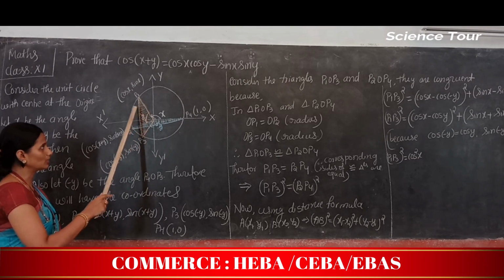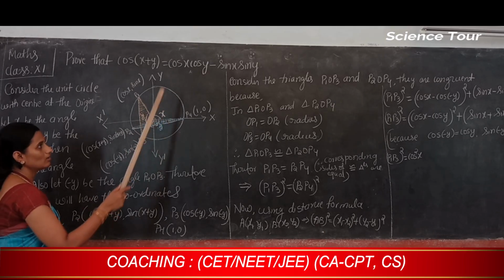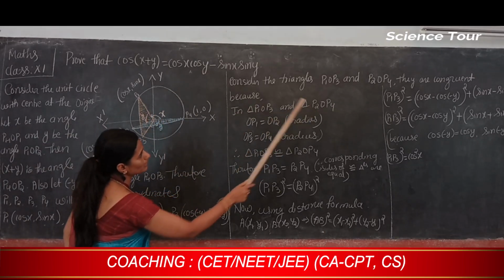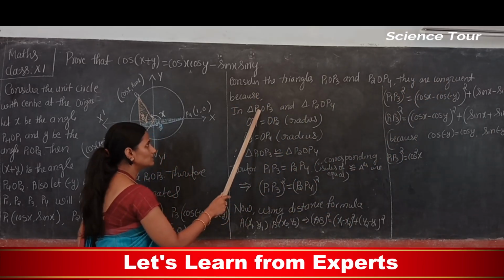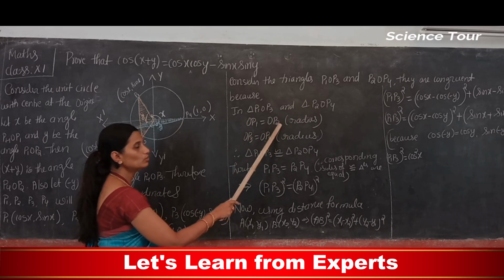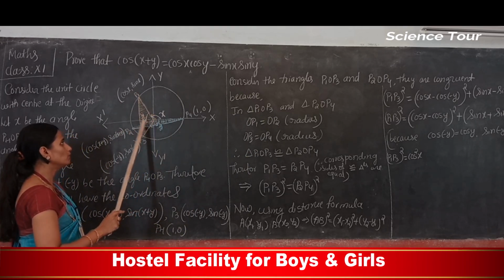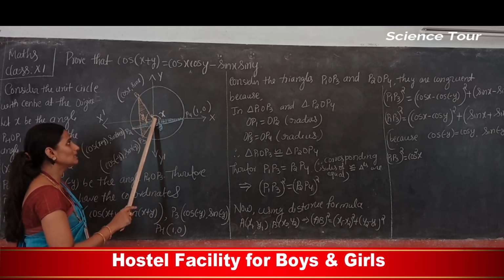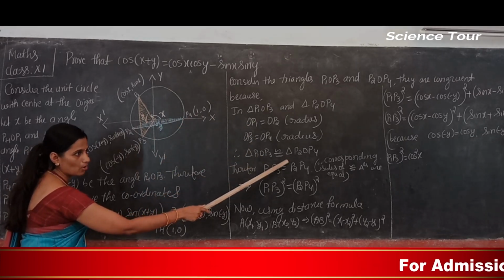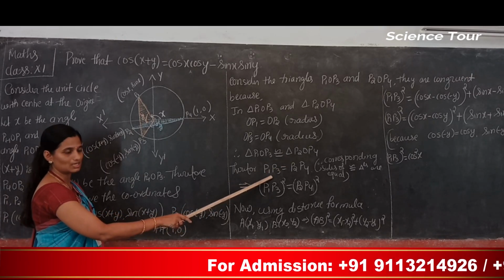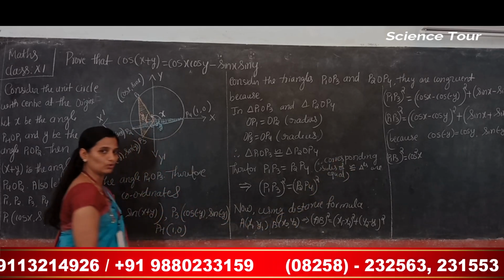You can see the figure here, correct? This triangle is in one color and that triangle is in another color. These two triangles are congruent. Why are they congruent? In these triangles, OP1 is equal to OP2, as I showed. OP1 is a radius, OP2 also a radius, OP3 is a radius, OP4 is a radius. So two sides are equal, which means those two triangles are congruent. So the third side also comes out equal, because corresponding sides of congruent triangles are equal.